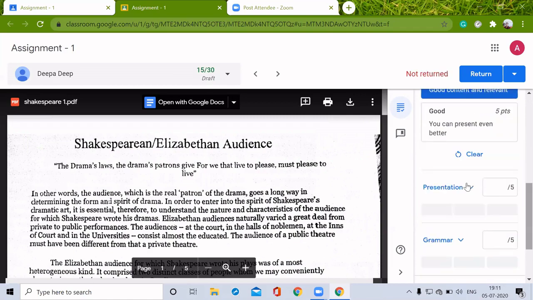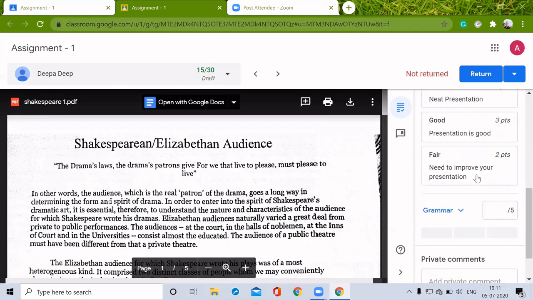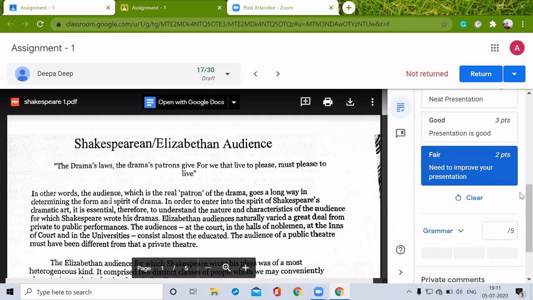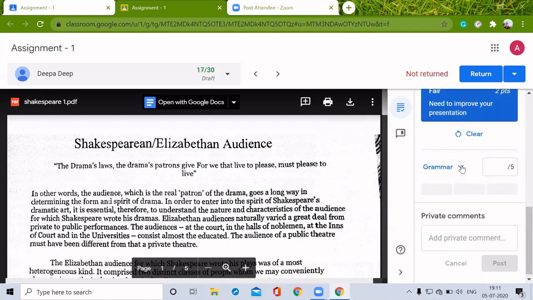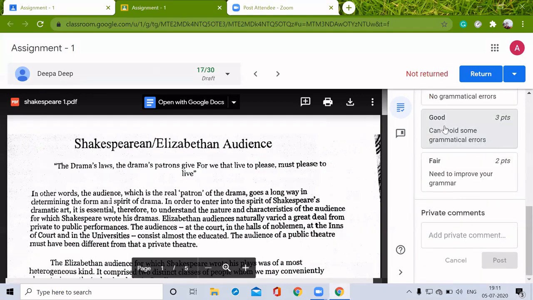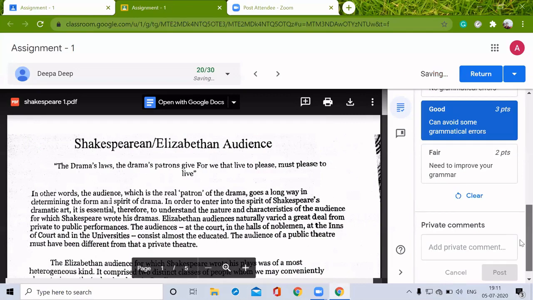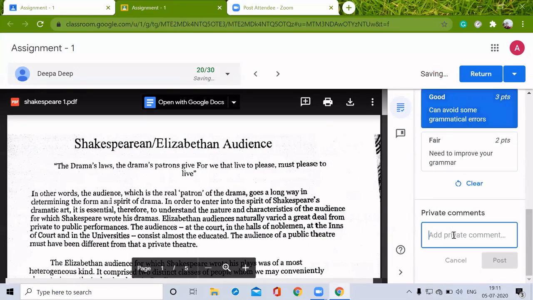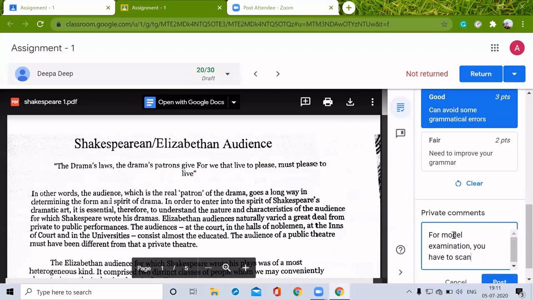And for presentation, I'm going to give her 2 marks. And for grammar accuracy, it is good. If I need to add some private comments, I can give it here. For example, I'm just going to say, for model examination, you have to scan your manuscripts to submit.